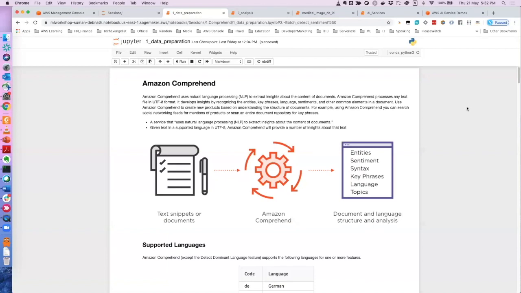Right. So today what we are going to do is discuss a little bit about Amazon Comprehend, and later on, if time permits, I will also show you a little bit about Amazon Comprehend Medical, which is just an extension of Amazon Comprehend for the medical domain. It's pretty interesting. This Jupyter notebook or code, whatever it is, I will share after this session, so you can play around and make use of it while exploring.